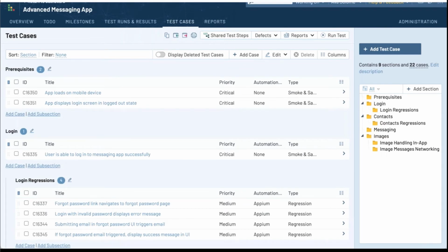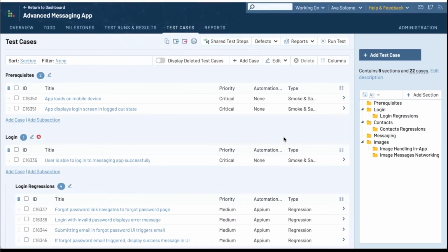But we've seen a lot of teams really appreciate having this hierarchy that's based in sections. It's effectively like folders, right? This is something that a lot of folks say is really helpful about TestRail, especially compared to some of the other test management tools on the market. So this is where we typically say you want to use sections and break them out by feature